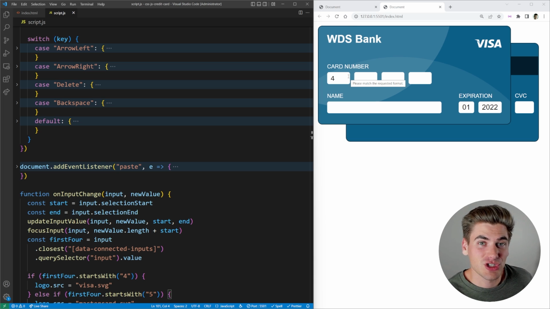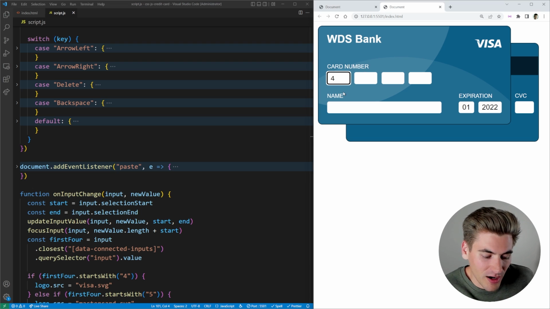So that's why things like Stripe, they just use one input and just do some special formatting inside that one input because it's a lot easier to work with, better for screen readers and so on. But for this particular project of trying to emulate the exact design that I saw, I wanted to make sure we tried this out. And honestly, it works really well and it looks really cool, which is really what matters